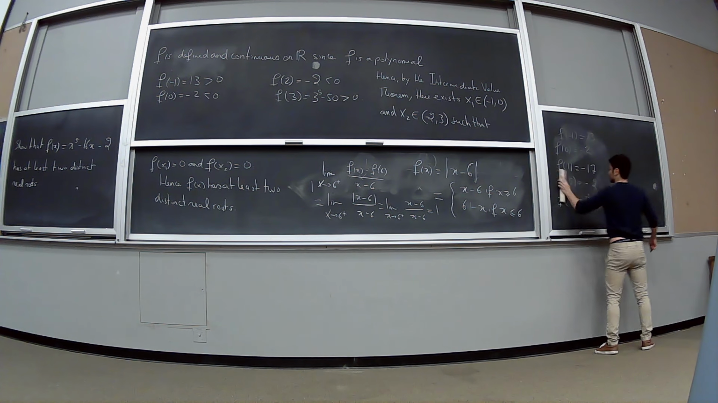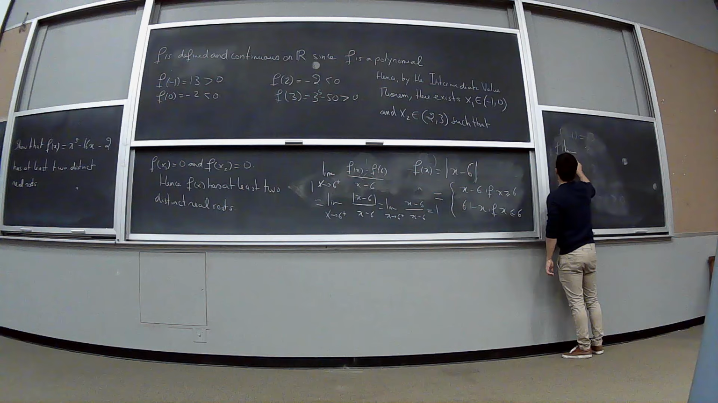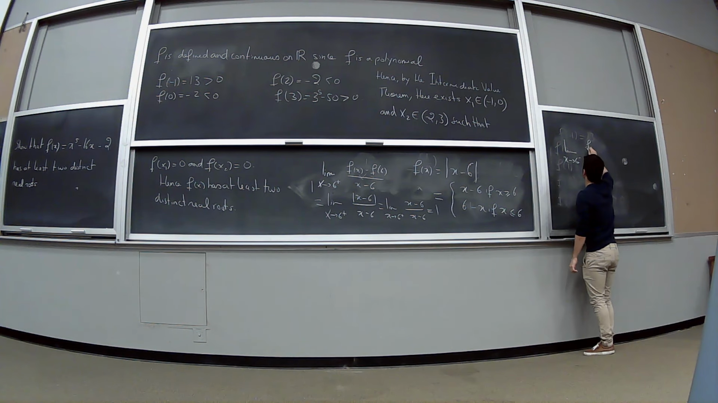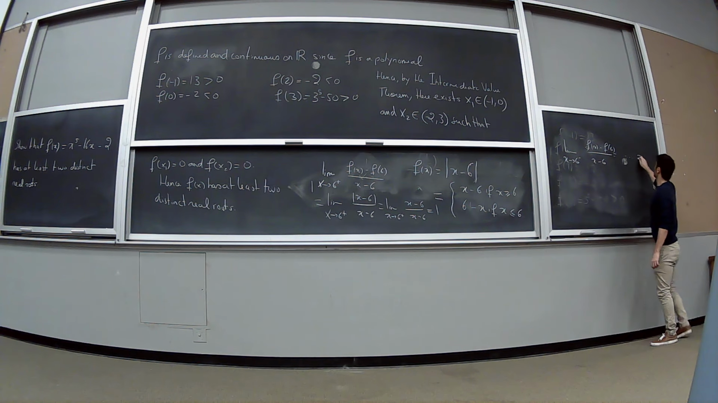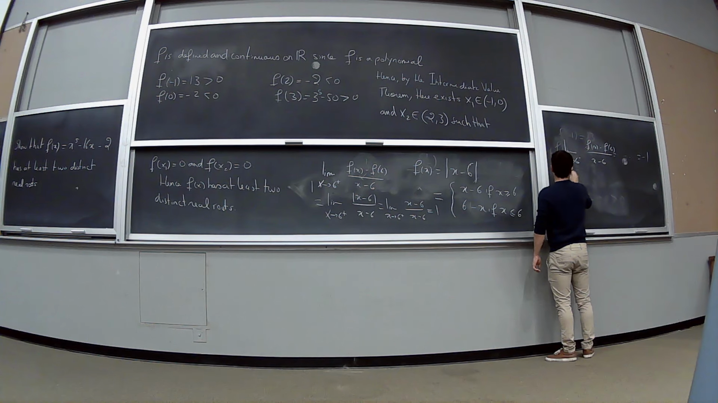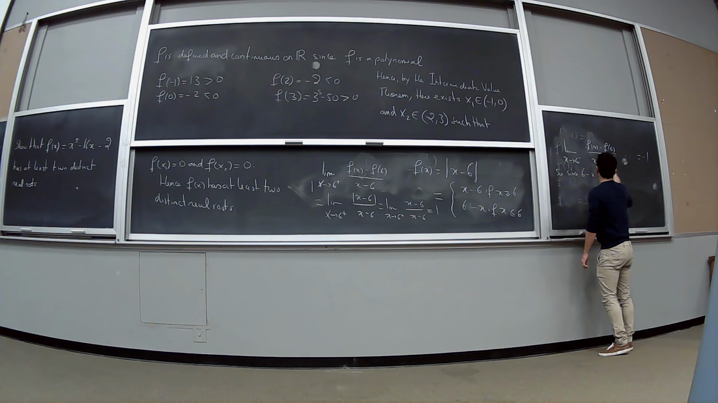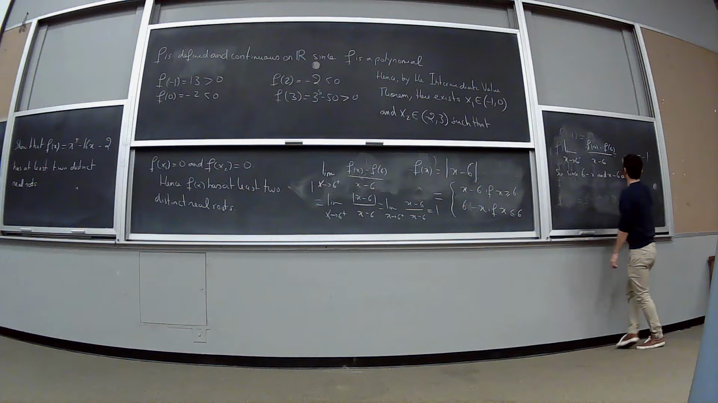Okay, so f. Let's write it down. The limit as x goes to 6 minus of f of x minus f of 6 over x minus 6 is equal to minus 1. So, since 6 minus x and x minus 6 are polynomials,